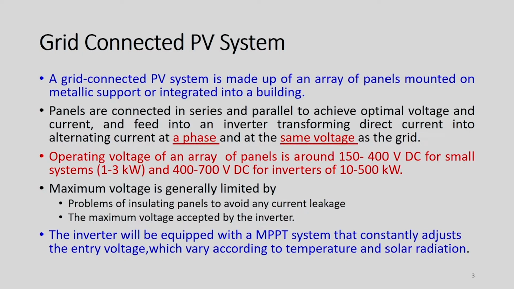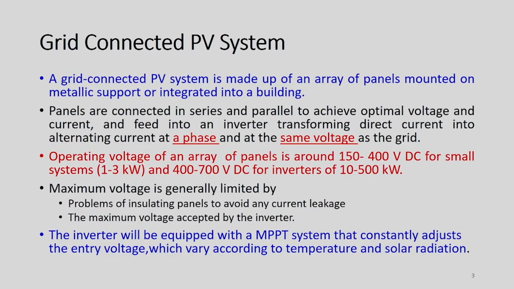The operating voltage of an array of panels is around 150 to 400 volt DC for small systems of capacity 1 to 3 kilowatt